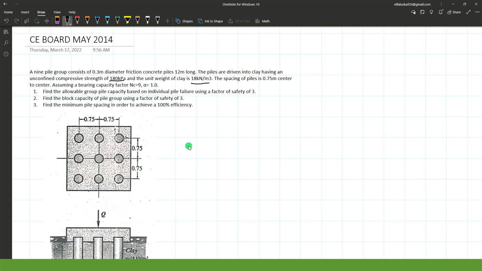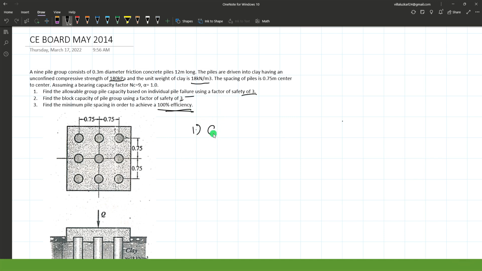Determine the following. Number 1, find the allowable group pile capacity based on individual pile failure using a factor of safety of 3. Number 2, find the block capacity of the pile group using the factor of safety of 3. Number 3, find the minimum pile spacing in order to achieve 100% efficiency. So let's start. For number 1,